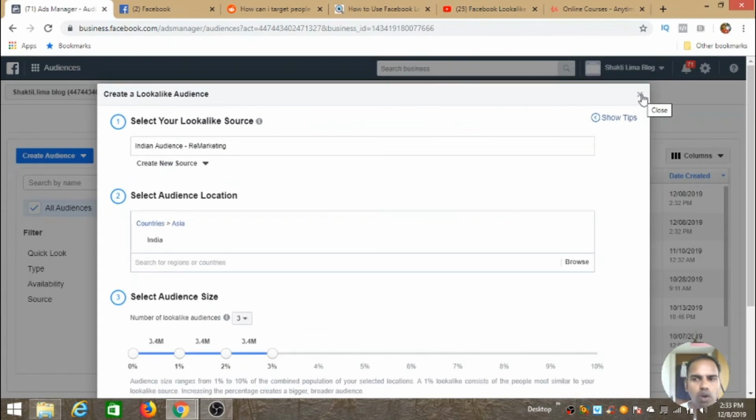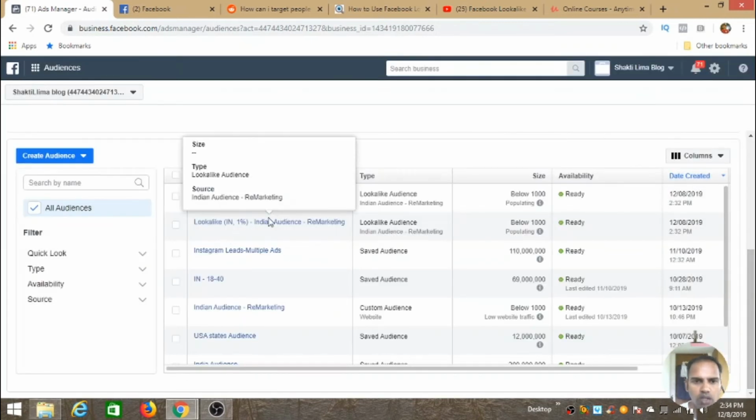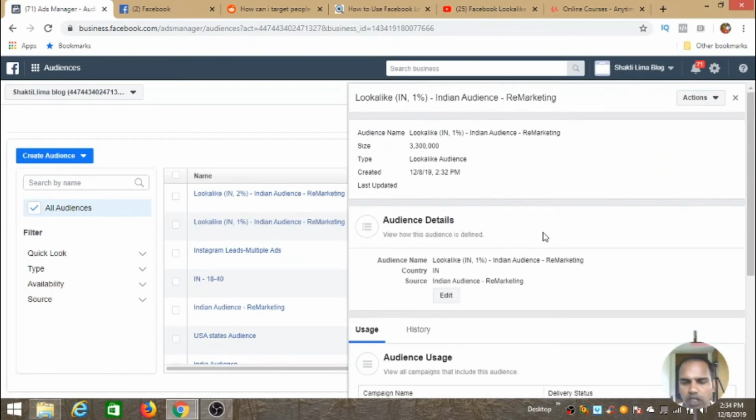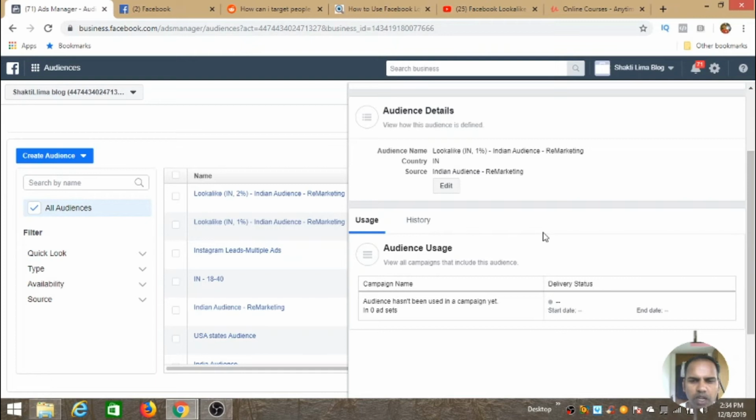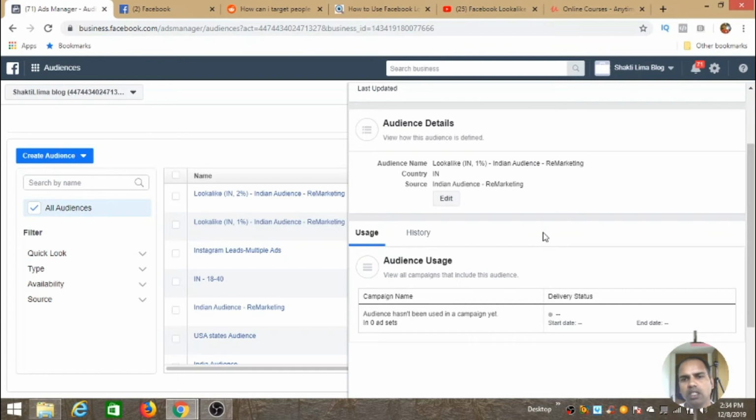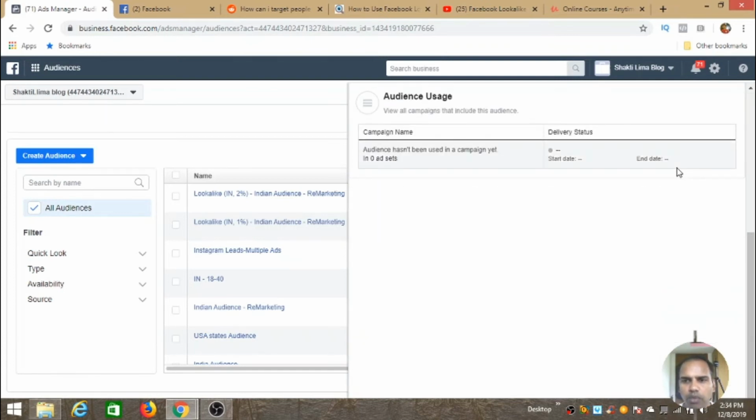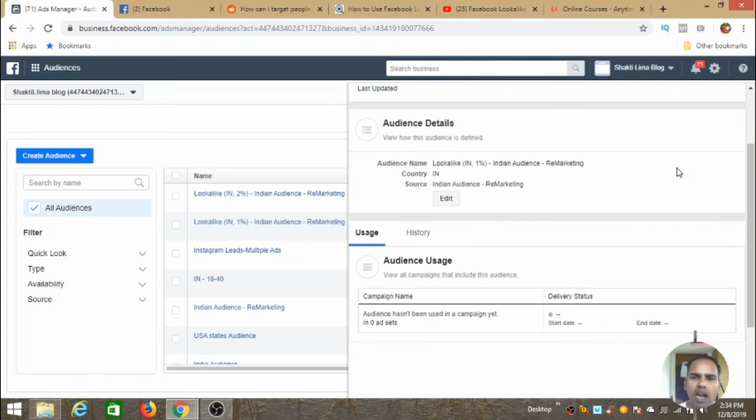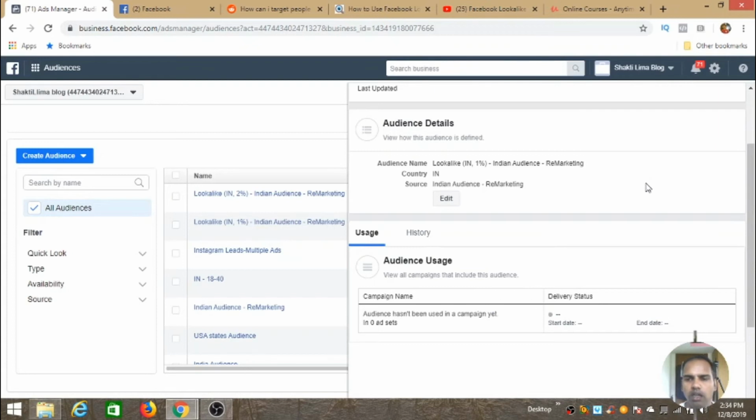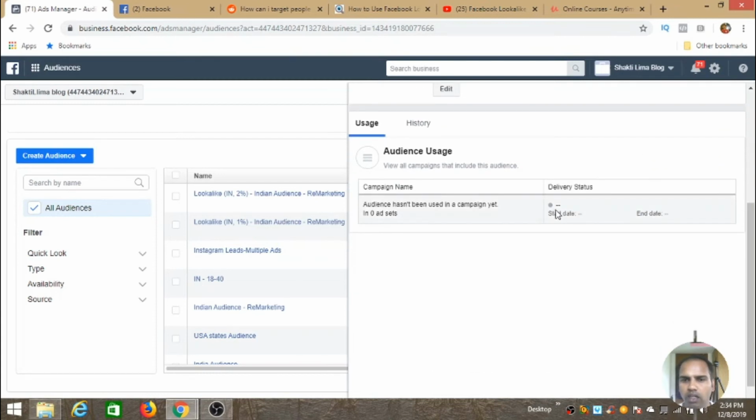Now once this lookalike audience is created, what you can do is go here, go to that 1% lookalike audience, and it will show you. The second hack that I'll be telling you over here is that you don't have to change anything. If you start selecting or changing any other details over here, it becomes a normal ad that you create. So if I go ahead and click on edit lookalike audience, it is already there. You can add a description to it, and you can select it. In my case, I'll keep it as Indian audience remarketing, and you can create a start date and an end date,